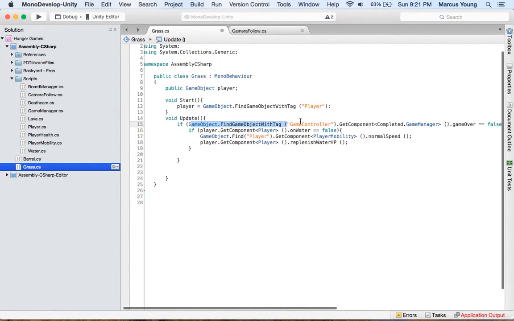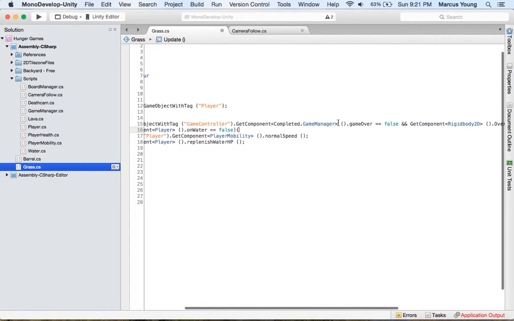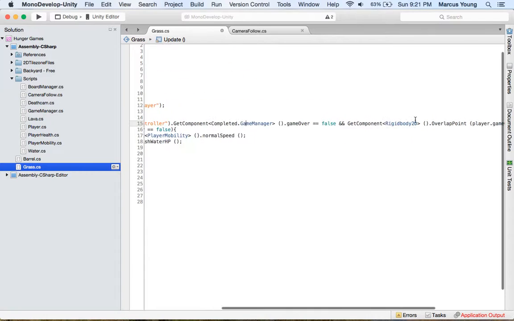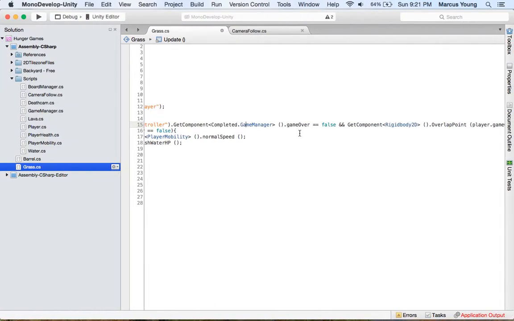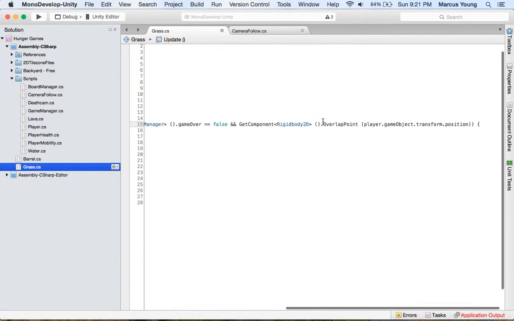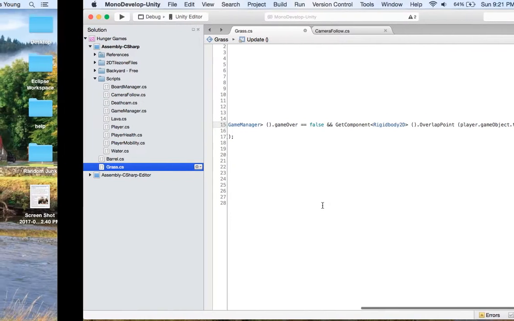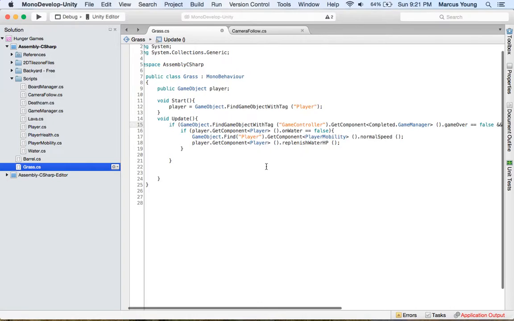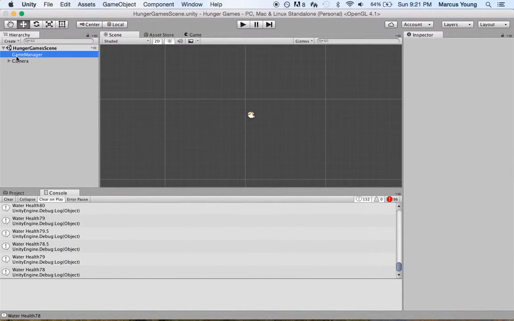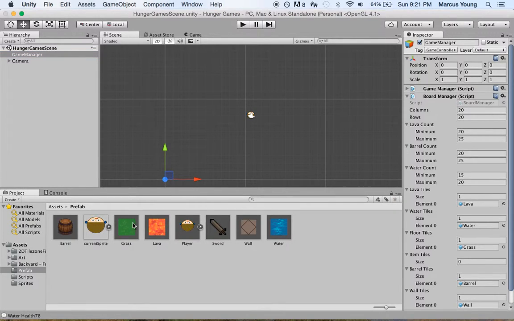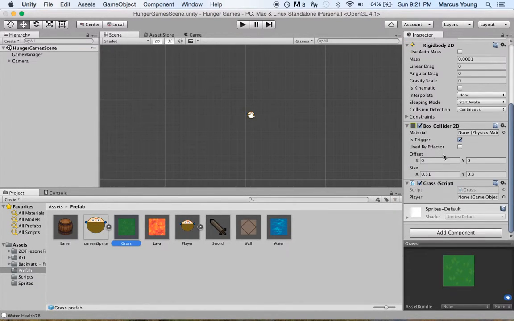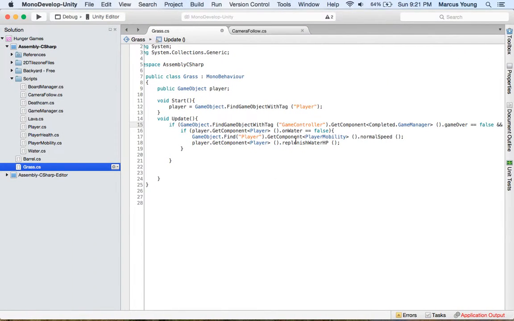So what this does, first it checks if the game's over, and we want the game to keep going. So after we die, we don't want this to keep popping up. Then we check if the player is overlapping on this script, or whatever this script is attached to. In this case, it's a grass tile with a box collider that senses if something is on it. So if it senses that the player is on it and the player is not on water, this is why we have the on water boolean, then we